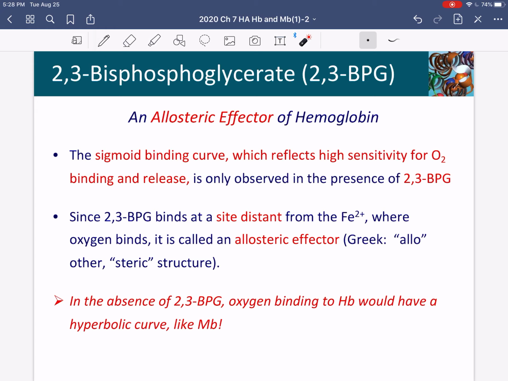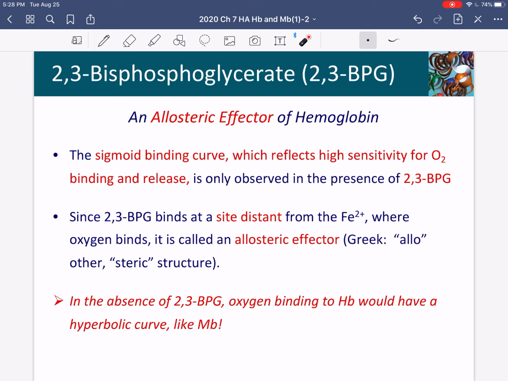We're still talking about hemoglobin and allosterism. While the Bohr effect was relating the proton concentration, or the pH, to the release of oxygen in the tissue and the uptake of oxygen in the lung artery interface, another allosteric effector of hemoglobin is 2,3-bisphosphoglycerate, or 2,3-BPG to you and me.